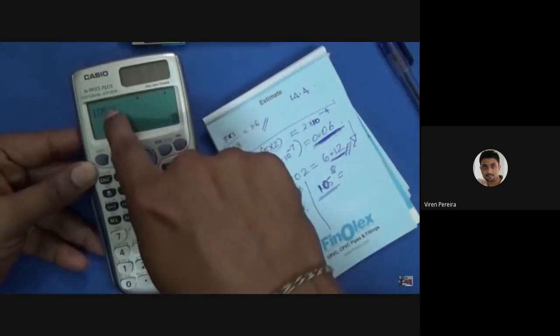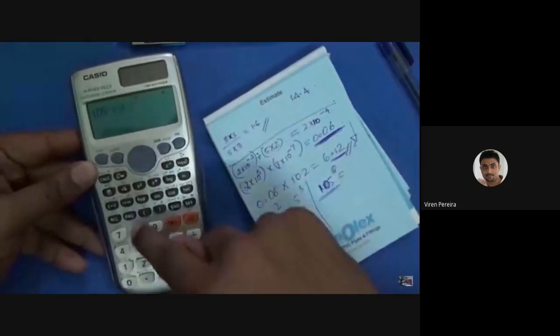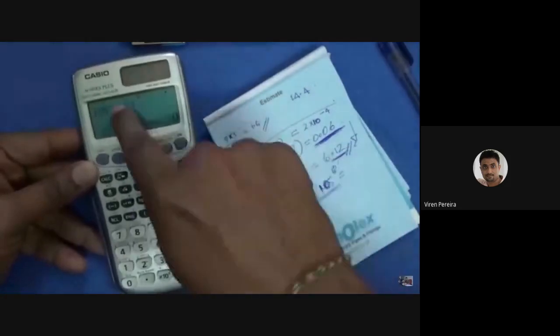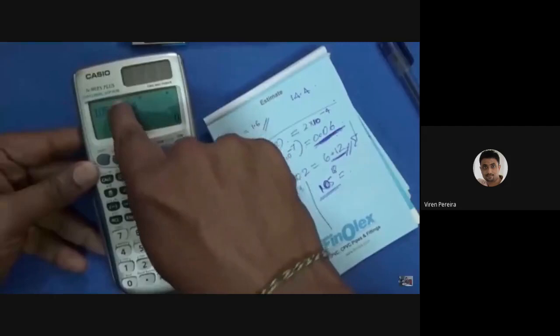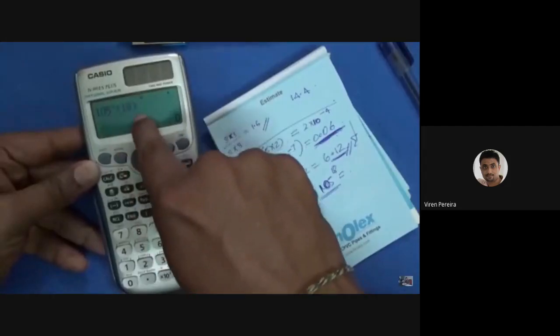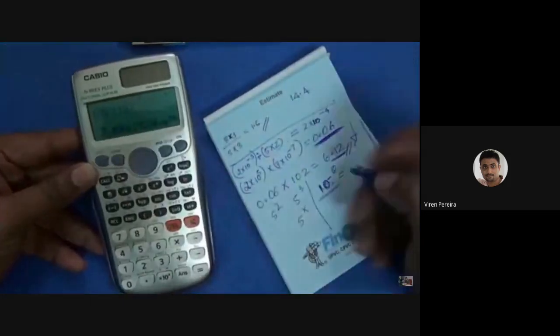Now it says 105 raised to the power of 18, and close the bracket. This arrow button here basically indicates raised to the power of, or it indicates the superscript. So 105 raised to the power of 18 will give me